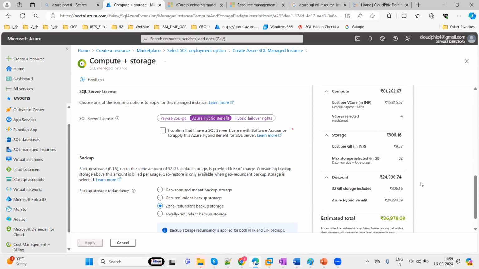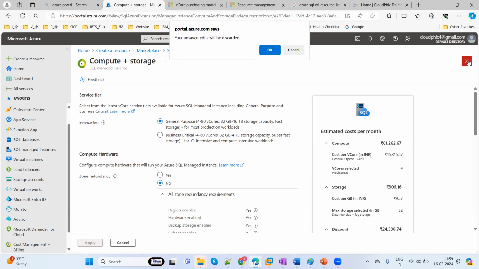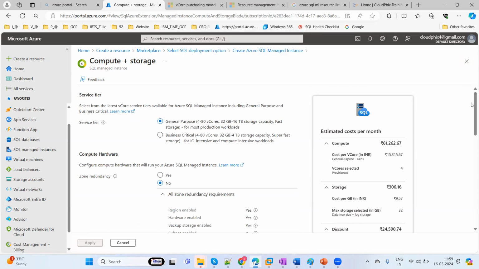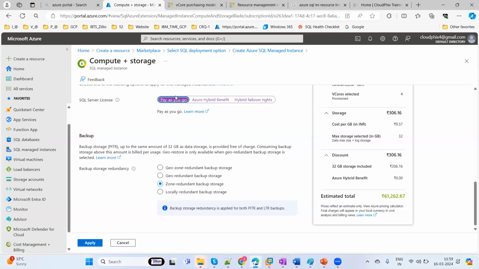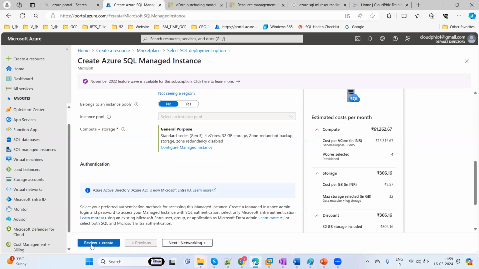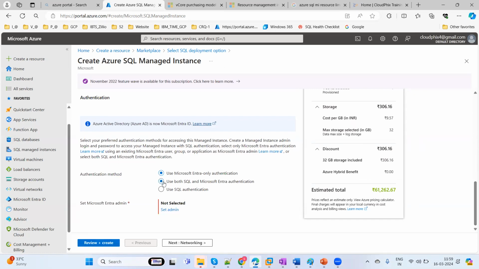I'm just checking now. We'll take pay as you go only. So just click apply. We just configured 4 cores and 32 GB RAM here, and we just need to provide your